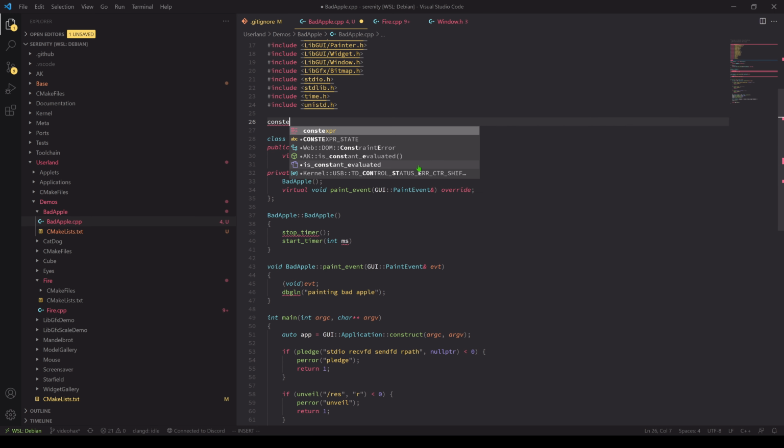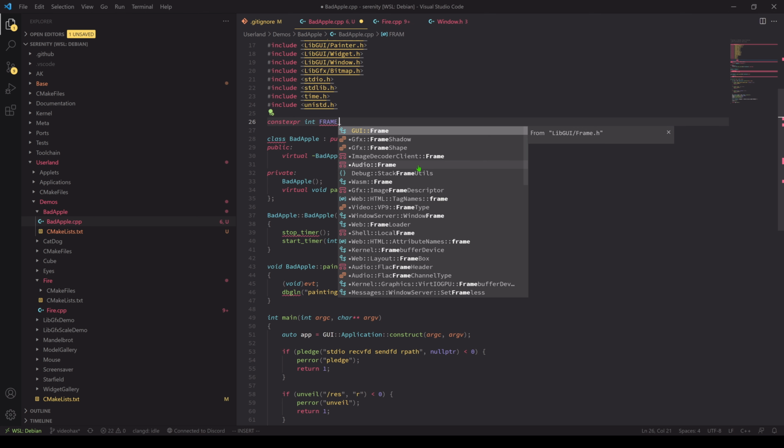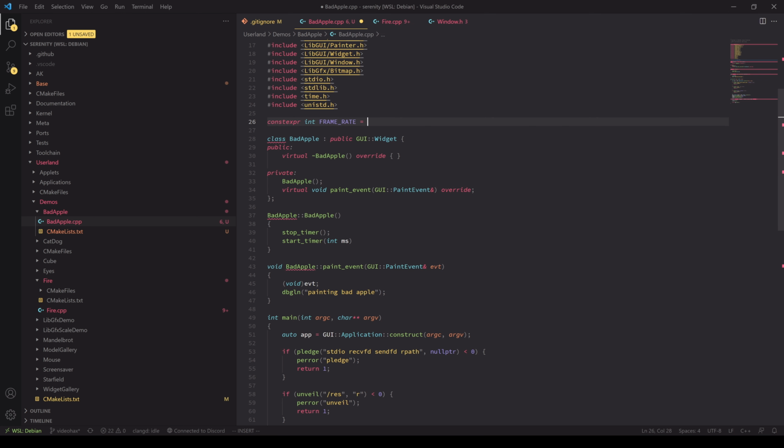Say we want a frame rate of 20, and then the timer is 1 divided by the frame rate times 1000. So just 1000 divided by the frame rate, which should be 1000 divided by, and yes, I am going to very nicely static cast anything